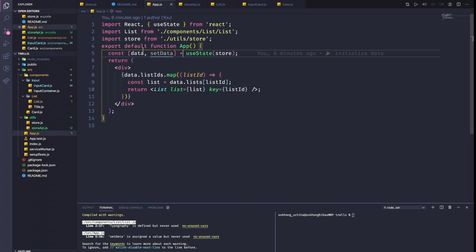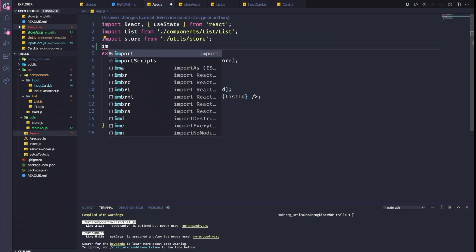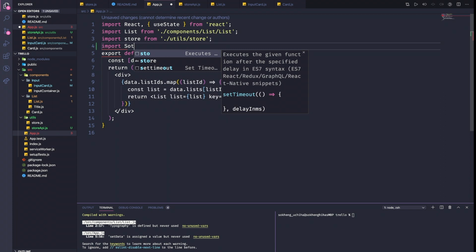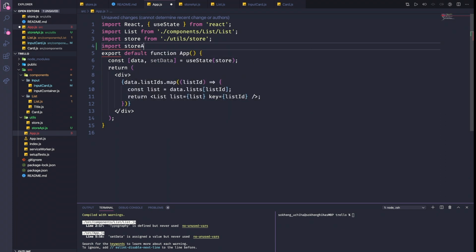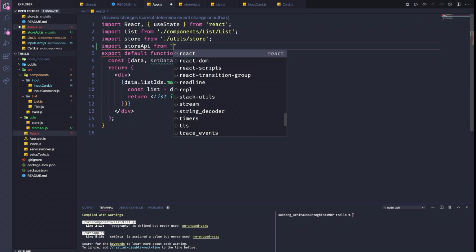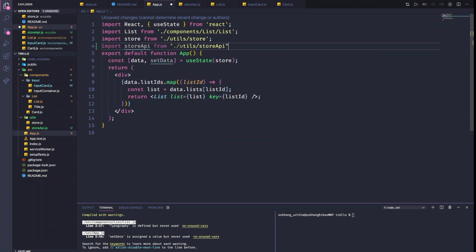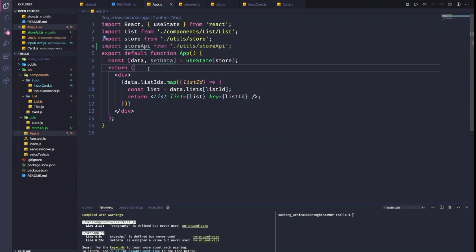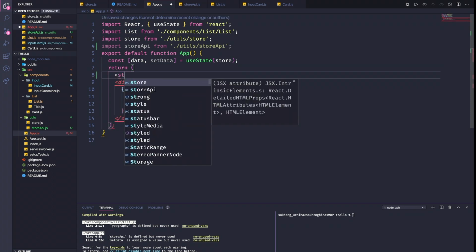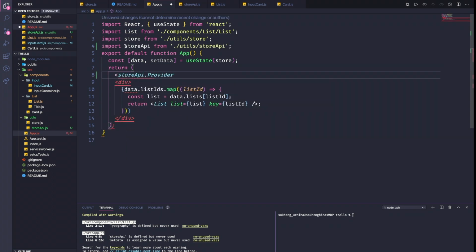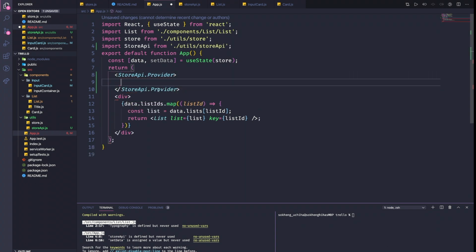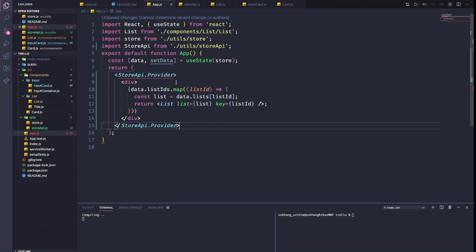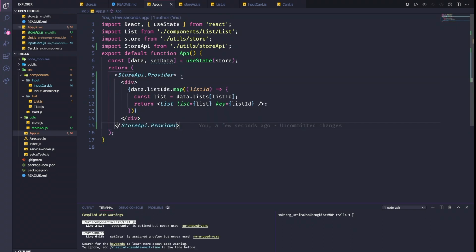So now inside our app, we should import this one. So I import storeAPI from the util/storeAPI. Perfect. Now I need to wrap this storeAPI.Provider. It should be bigger. It's a component, so it's an uppercase. Provider. Perfect. So now what we want to do is to pass the add